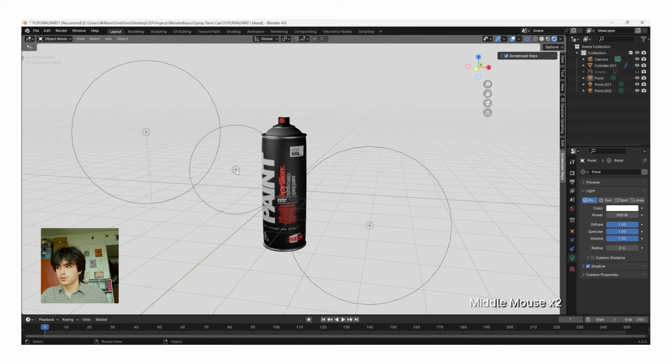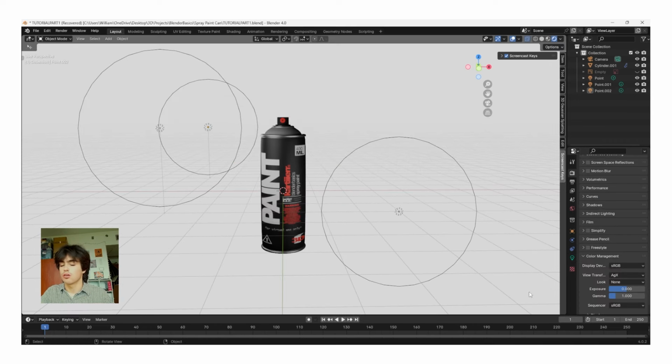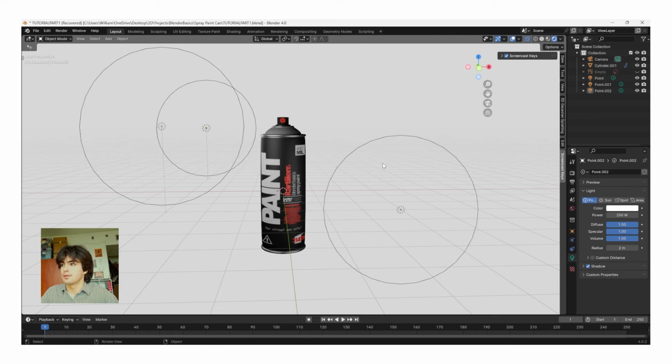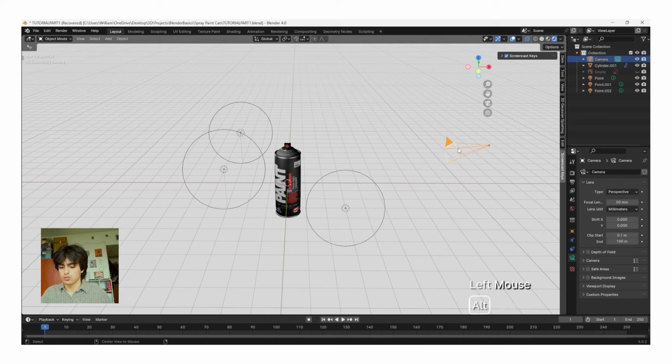And then I'm going to left click the backlight and then click G, Z to bring that up as well. Now I feel like that gives the object enough light. Now this isn't the best lighting setup, but this will give you a fine result for a beginner tutorial. Okay, now that the lighting is squared away, I'm going to left click our camera and then click Alt G